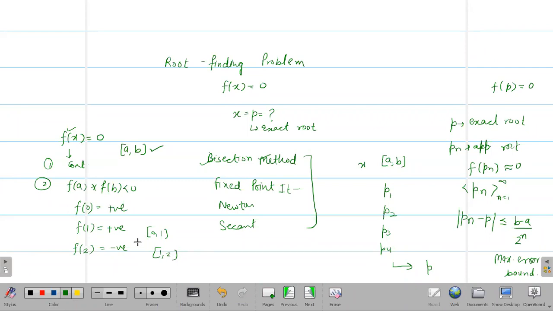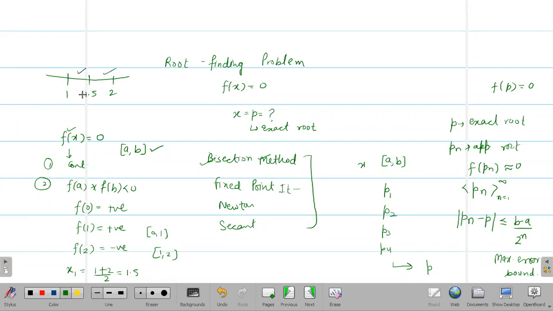So now I will ensure that a root lies in this interval. Then I will work on this interval only, using the bisection method. So what does bisection do? In this, we make a first iteration by taking the midpoint of these two. Suppose I'm taking 1 2, then I will take 1 plus 2 by 2, that gives you 1.5. So that bisects the interval into two parts. This is 1.5. So the root will lie either in this part or this part.